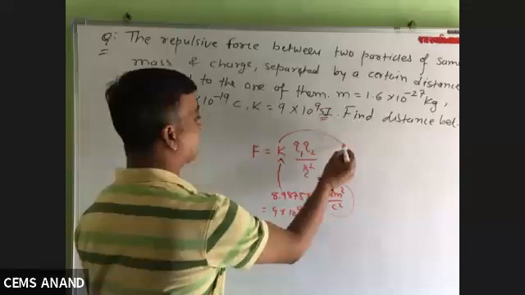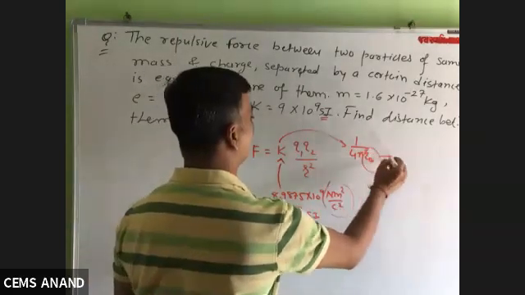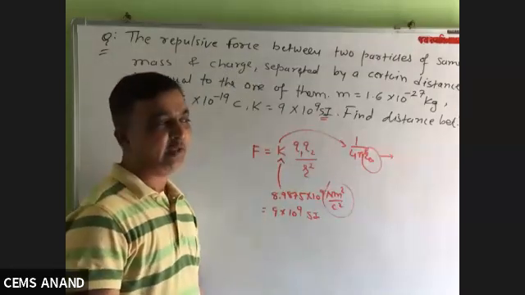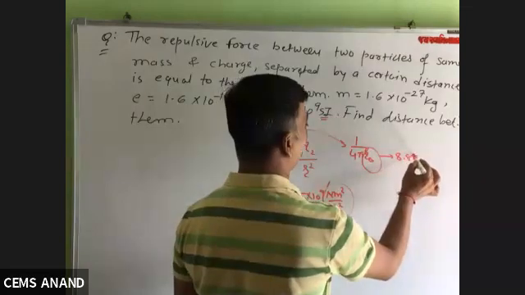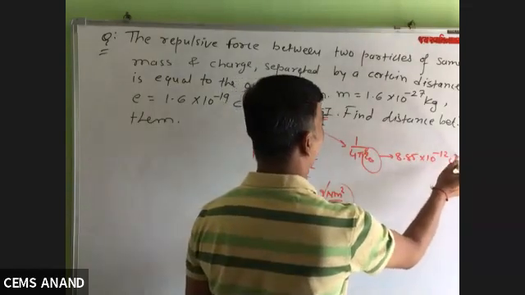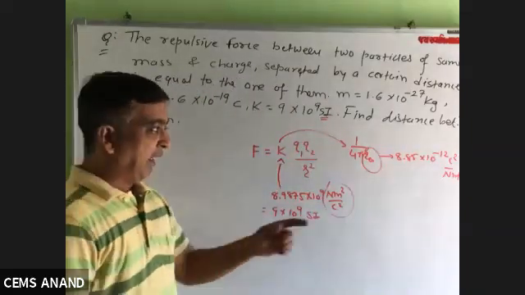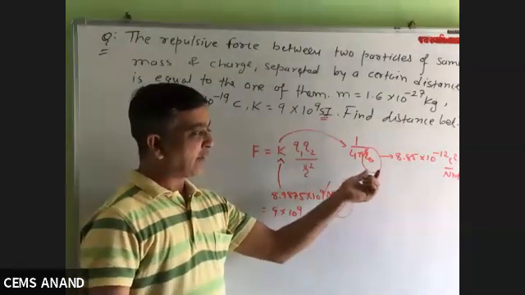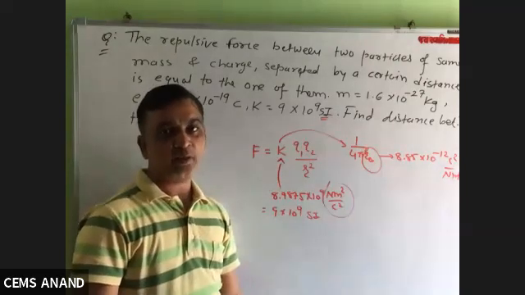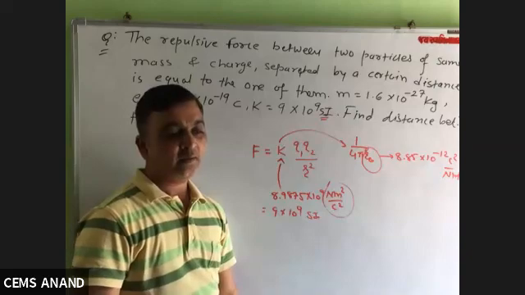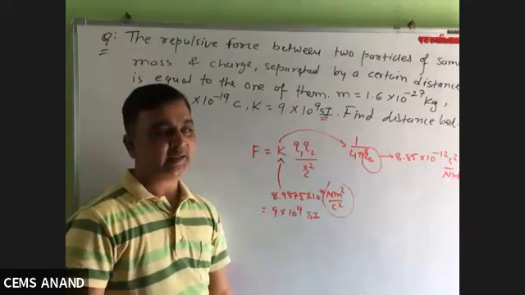Also, we discussed that K is actually 1 upon 4 pi epsilon 0, where epsilon 0 is the permittivity of free space, and its value is 8.854 into 10 raised to minus 12 Coulomb square per Newton meter square. I suggested you find the dimensional formula of epsilon 0 yesterday, and I hope everyone in our class completed that task given to you.